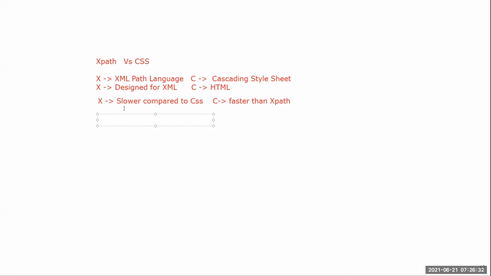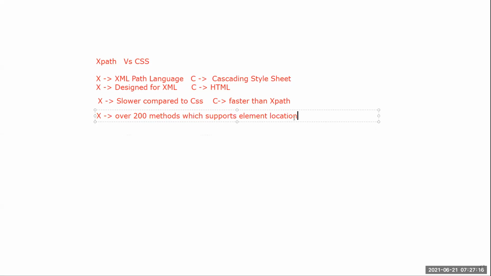Okay, right. But still, after we know what CSS is and the comparison between XPath and CSS, we still go with the XPath. You know that CSS is faster than XPath, but still we go with the XPath. Why? Because XPath has over 200 methods which support element location. We don't use all the 200 methods, but XPath provides support for all of them.